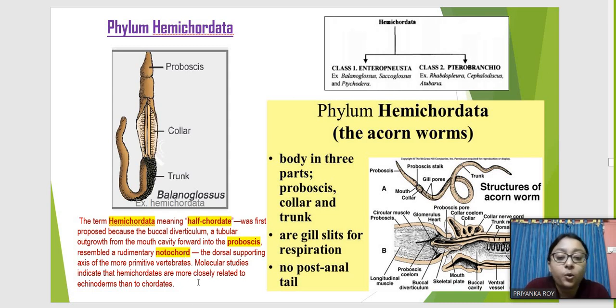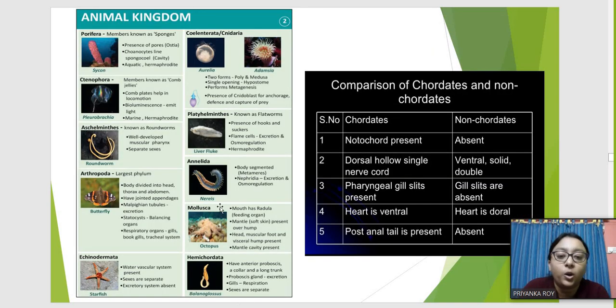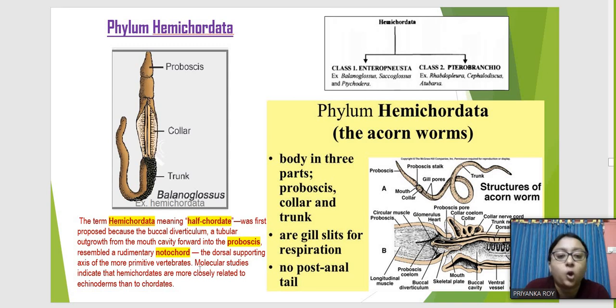But now this theory has been demolished, and molecular studies have shown that hemichordates are more closely related to echinoderms, the previous phylum, rather than the chordates. So there have been studies showing that hemichordates are related to echinoderms much better than to chordates. Therefore they cannot be called chordates anymore, but their name is still there, and they are separated from phylum Chordata. Now they are a separate phylum, Hemichordata, before Chordata, and they are commonly